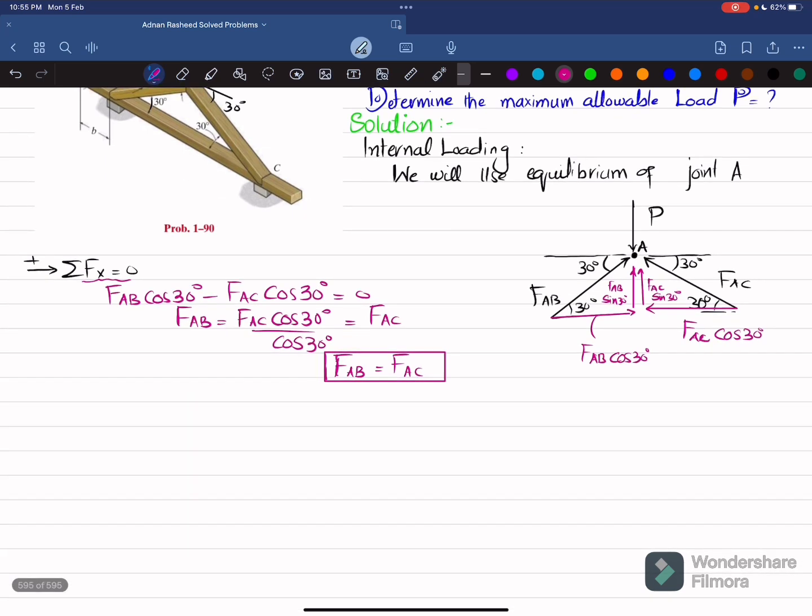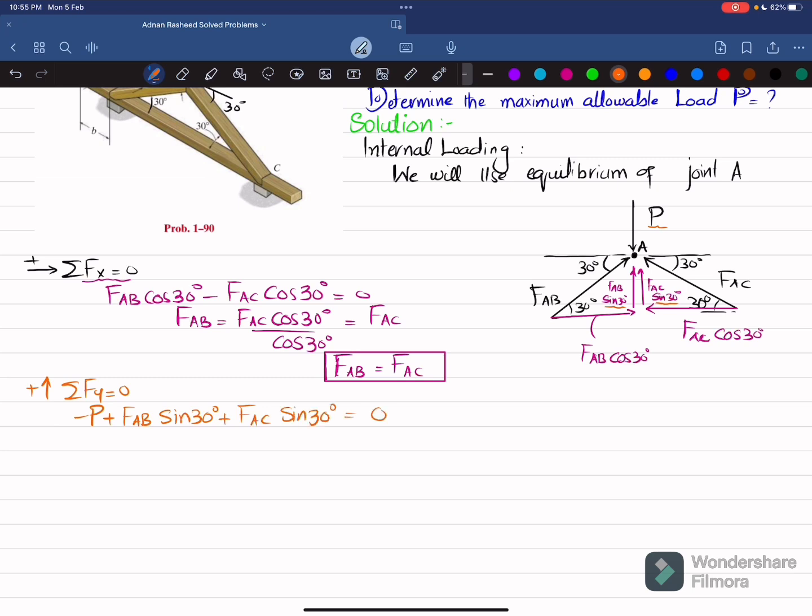Now we'll apply another equation of equilibrium: the sum of all forces along the y direction must be equal to 0, and upward force is taken as positive. So minus P plus FAB sine of 30 plus FAC sine of 30 will be equal to 0. I will write minus P plus FAB sine of 30 degree plus FAC sine of 30 degree is equal